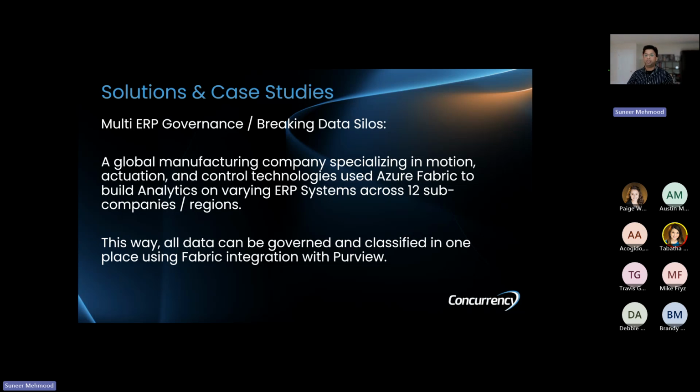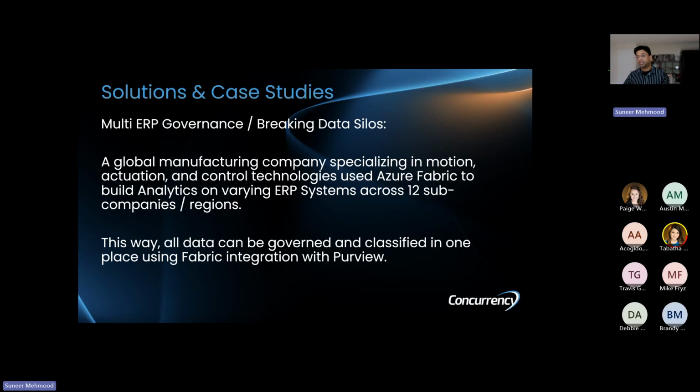In actuality, this is extracting data from 12 different companies and forming a proper Medallion architectural pattern into one common structure using Fabric. With Fabric, we have absolute control over where the data is coming from, from which source, and how a particular number is being formed.